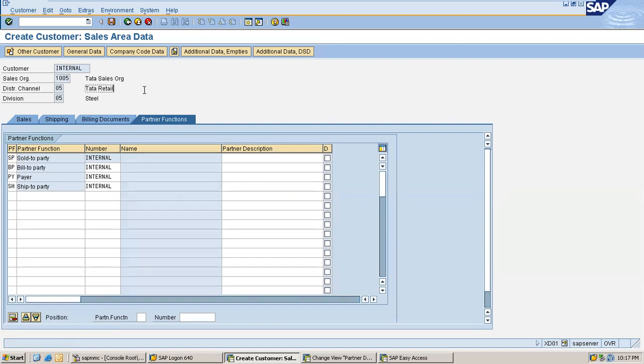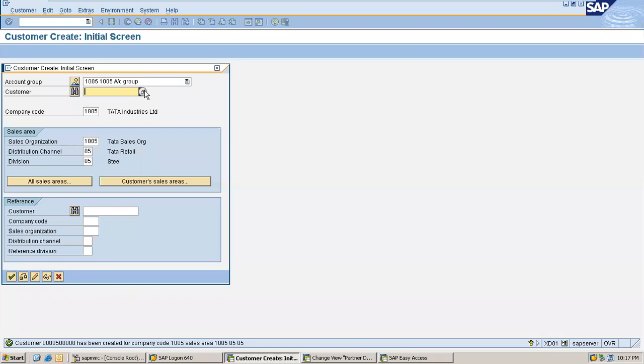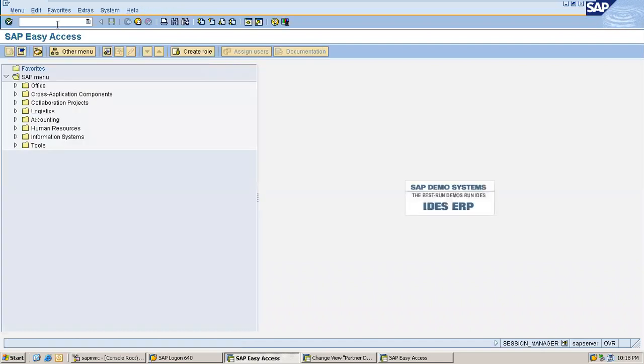I'm not going into other details. I'm just saving the customer number. See here, I have created a customer number 5000000 for company code 1005, sales area 1005050505. Now copy this number 5000000 and check if the PDP is working properly or not. How to check?